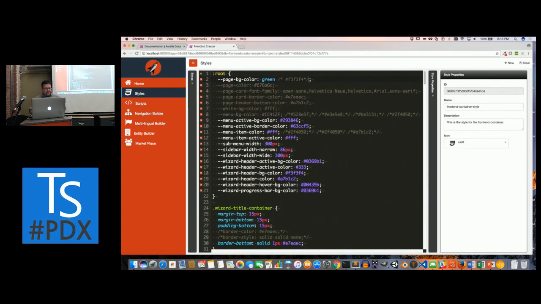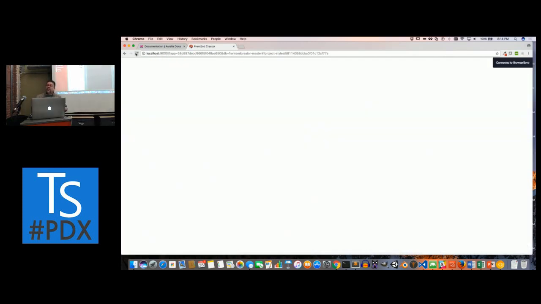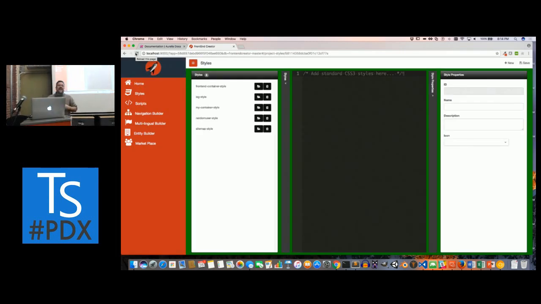To giggle. And then I'm going to save it. So this is actually saving up in the cloud, even though I'm running local. I've got an instance in the cloud. And then if I refresh this, somewhere I should get green. There. So that's the cool thing about it, is I can actually, even though I have no styles